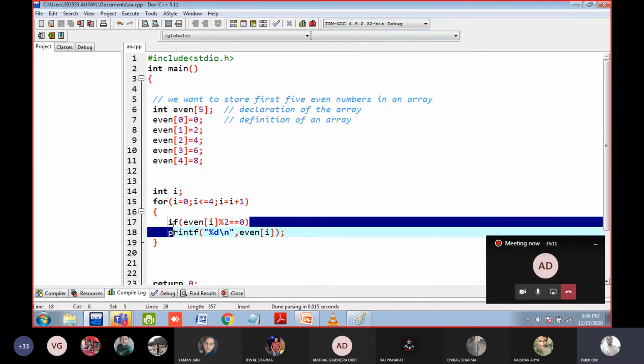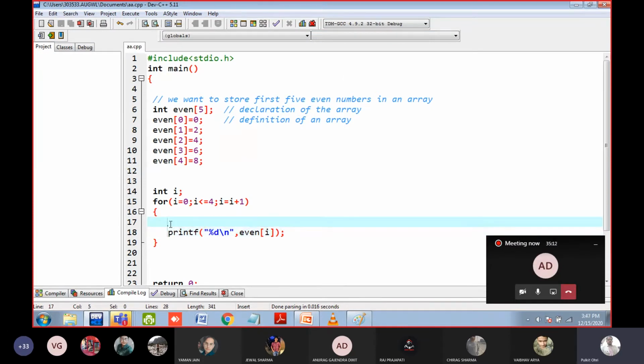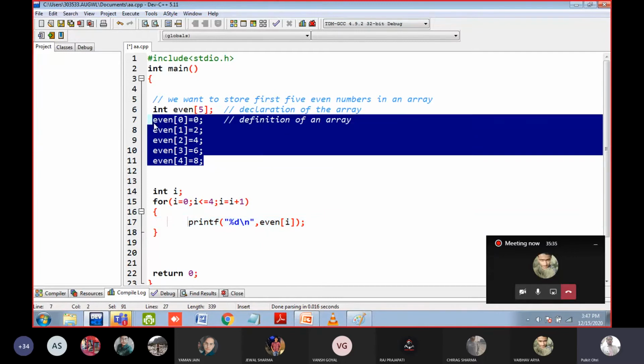Here we will do a program in which I will ask you to input 5 to 10 numbers from the keyboard from the user, and then you have to print which number is even or odd. At that part you can write an if and else statement. If statement can tell whether a number is even, else statement can tell whether a number is odd. We will do it. Now you will not fill the array like this.